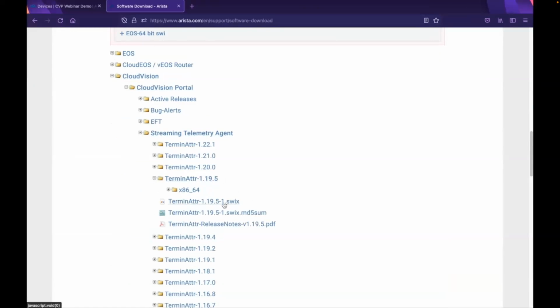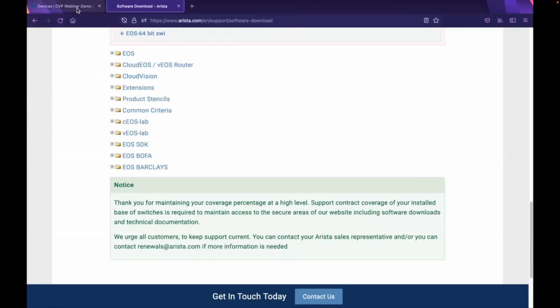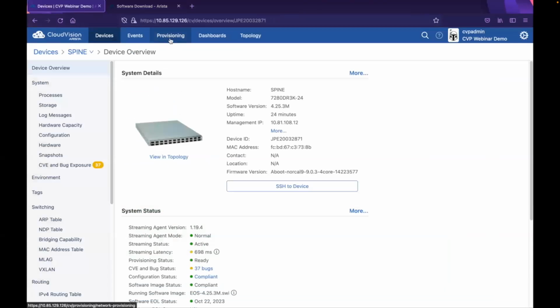Now, once these files are downloaded to our local system, we can upload them to the CloudVision Portal image repository. In future releases of CVP, we will have this functionality to directly download these images from our website over to your CloudVision instance, so you don't have to spend the extra cycles of downloading it to your local system and then uploading it. It is currently available as a beta feature also, so if you have a CloudVision instance available with you, you can test it out. So let's head over to the UI.